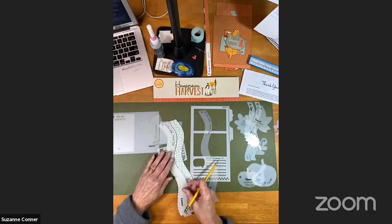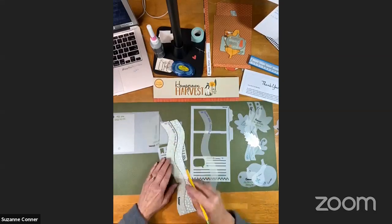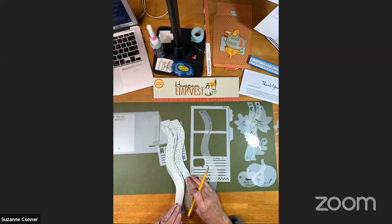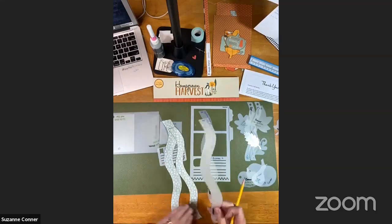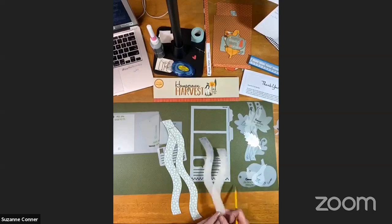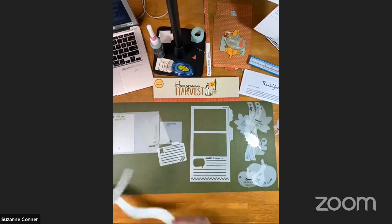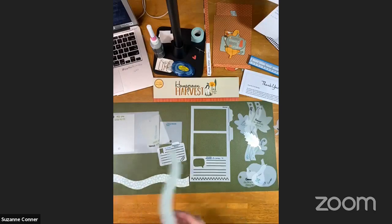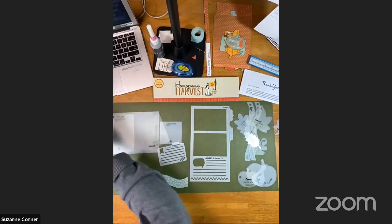Now put down your first piece. You have to trace both sides of it. On your full piece, move it up, trace it again. Cut both pieces out. I ink, and then I'm going to replace. So I did not ink one of them. So if you're working along with me,